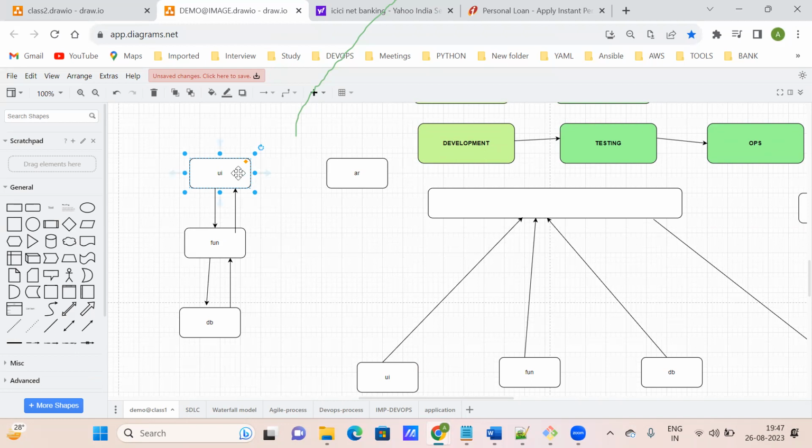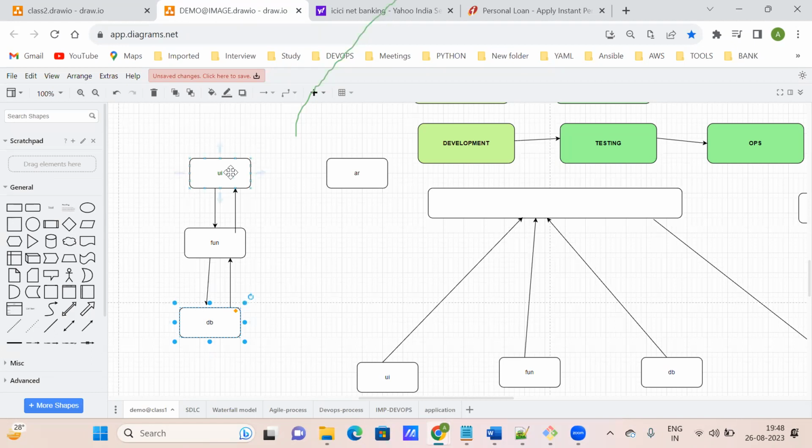That means, let's say in UI, suppose you are going to open a Flipkart application and you are typing something, correct? That is the UI layer. But when you are typing, let's say you are searching for a dress or some grocery or some laptop. Let's say in the laptop case, you are searching for one configuration like i5 processor and all. So where is it going and where is it getting the information? It is going to the DB backend, and it is getting the information.